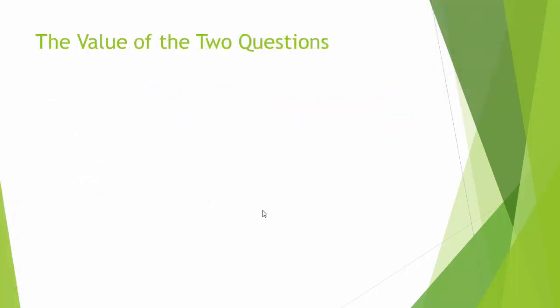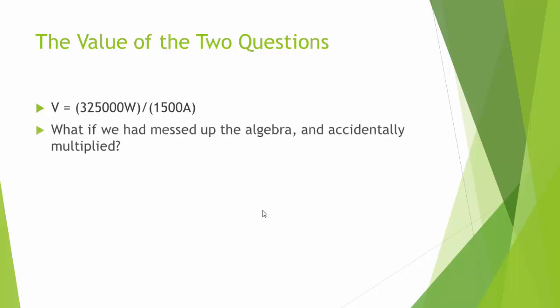Now, let's illustrate quickly the value of the two questions. So our units were correct, we could see. What if, here's our equation, 325,000 watts divided by 1,500 amps. What if we had multiplied? What if we'd hit the wrong key on the calculator? Or what if we'd done the algebra incorrectly? Just slipped up that one time. I know most of you students out there are perfect, but let's just, for sake of argument, say that you made a small mistake. Well, 325,000 watts times 1,500 amps is in fact, let's get this right,